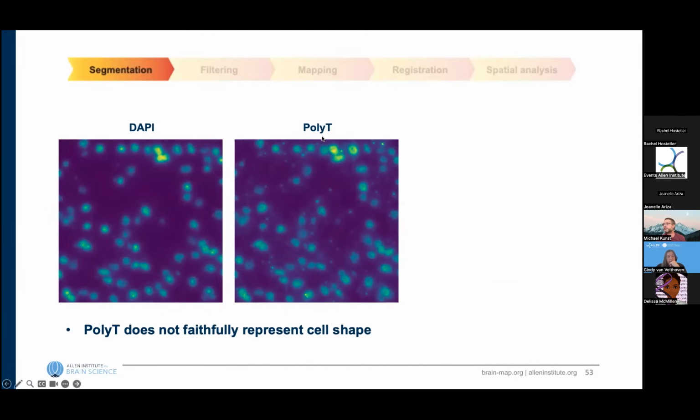So poly-T just binds to the poly A tails of mRNAs, and in theory should label the entire complement of mRNAs you have in your cell, which then should nicely fill out the cytosolic area of the cells, providing two nice background stains that you can use to define the outline of the cell. However, we noticed early on that actually poly-T is not